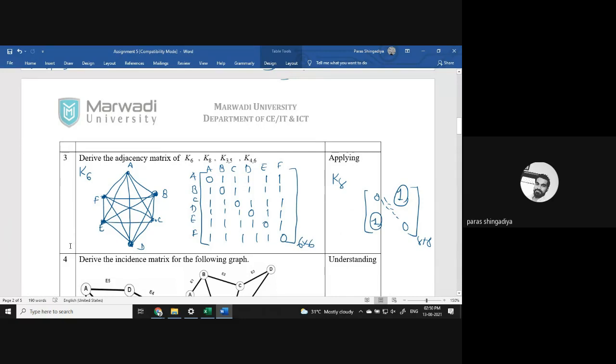Here we have to mention the graph in this type of questions. Clear? We can consider a question in such a way that it says define the adjacency matrix, adjacency matrix definition, and then derive the matrix for K6. So first you write the definition of adjacency matrix and then create a K6 graph and then derive the answer. The graph also carries marks in this type of questions. Clear? Now complete it, do it for K8 and then we'll discuss K35.